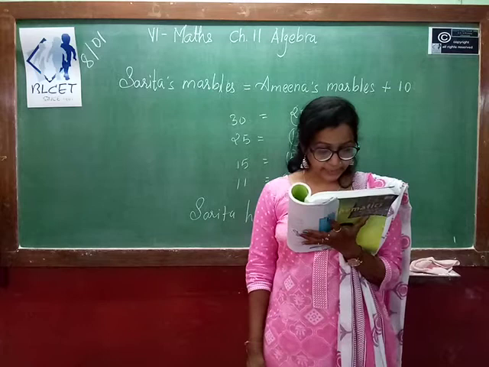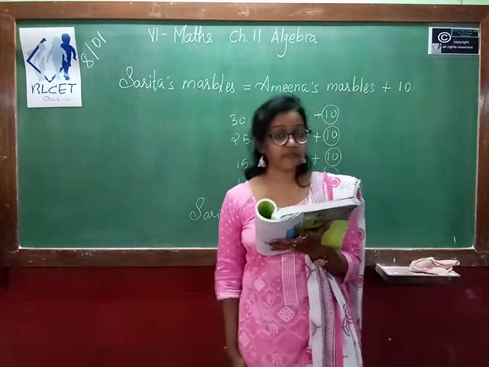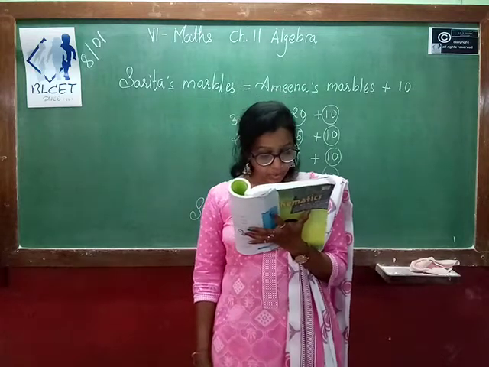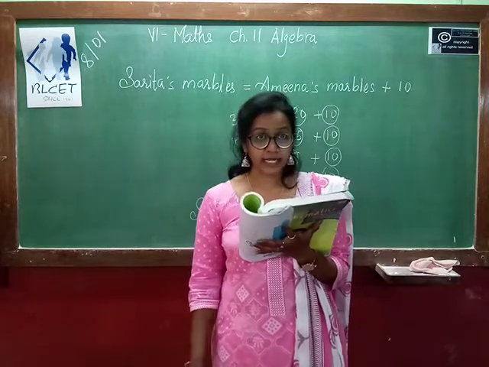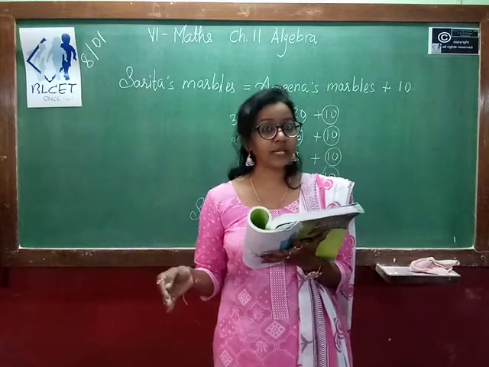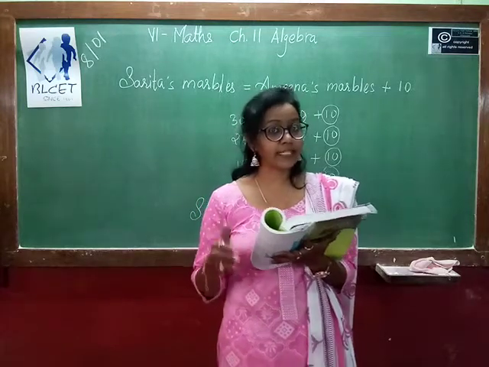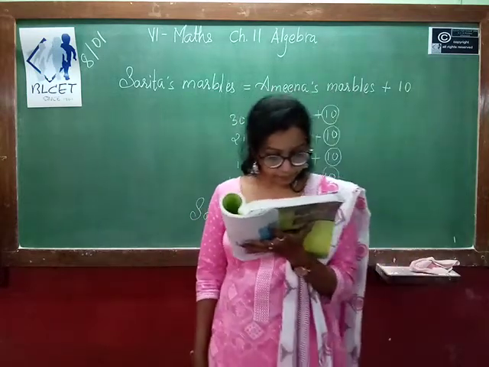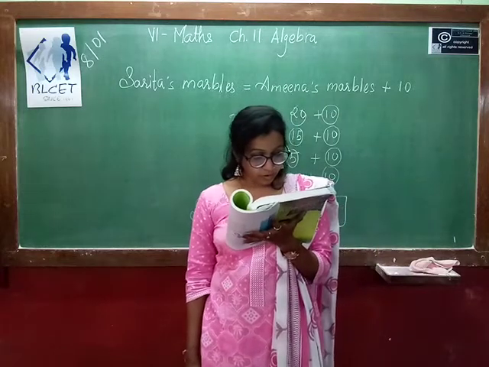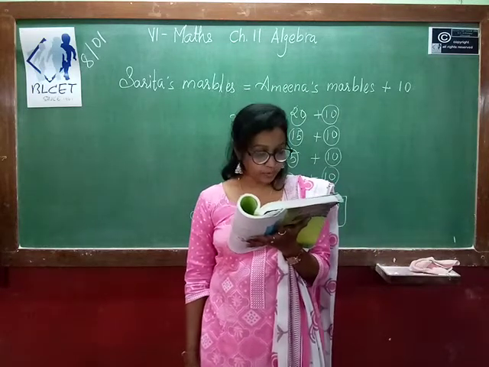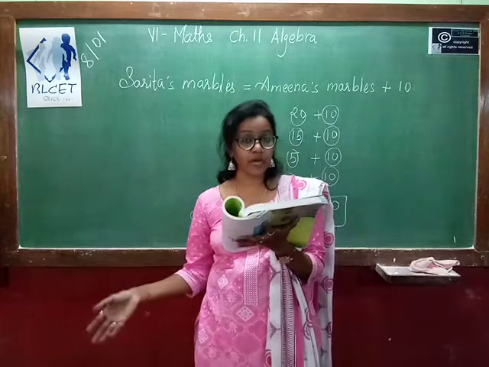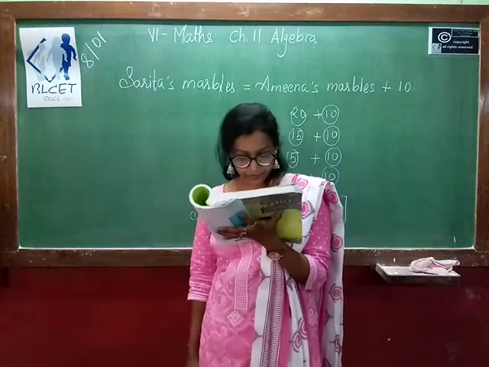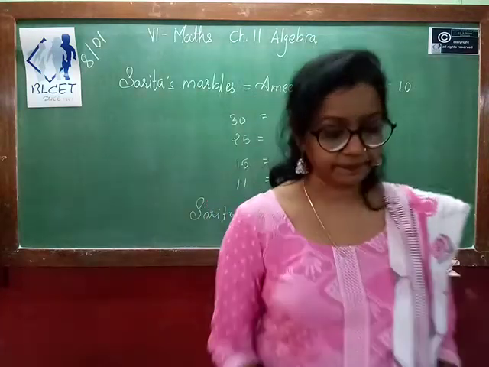Okay, the expression x plus 10 cannot be simplified further. Why? The reason is given. Do not confuse x plus 10 with 10x. 10x means you are doing multiplication between a number and a variable, and x plus 10 means you are doing addition of a variable with a number. Okay. So if x is 2, for 10x, 10 into 2 you have 20, but 10 plus 2 you have 12. So that is the difference between multiplication and addition. Next situation, see.